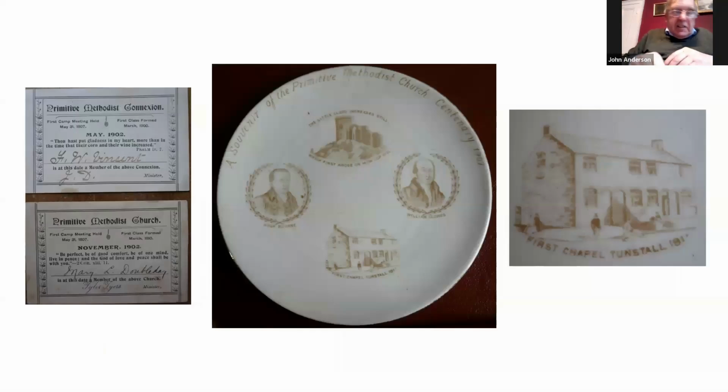This is another one of the 1907 souvenirs, the plate in the middle. This is interesting because it shows the first chapel in Tunstall. It's a bit washed out, this plate. It should have splashes of colour in the portraits and whatnot, but anyway, it's the only example I've got of this showing the first chapel. But the other interesting thing is